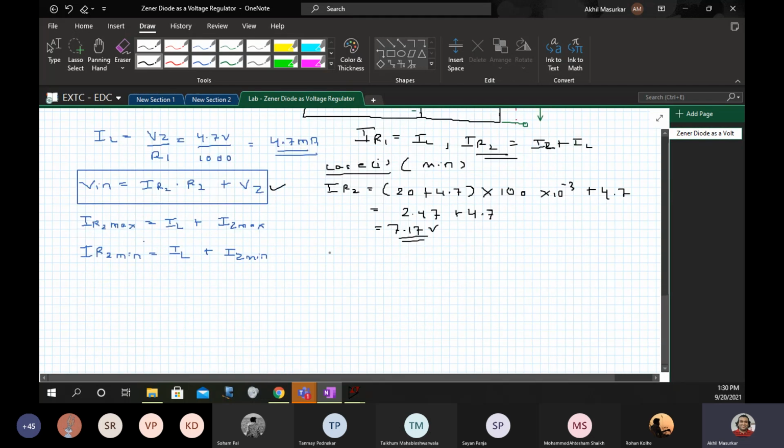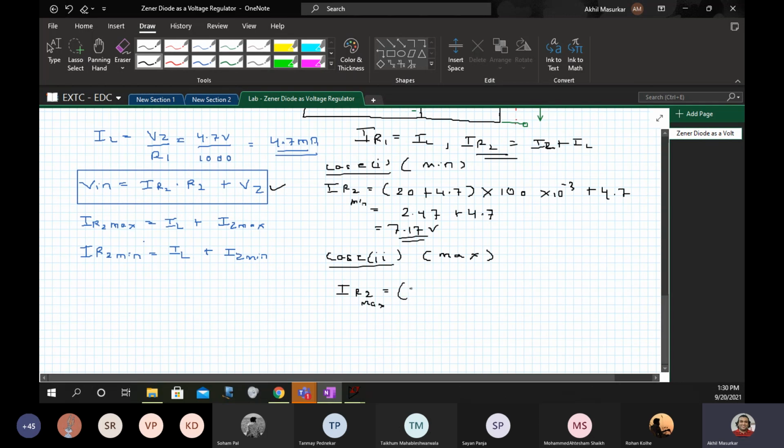So case 2, which is the max condition. All maximum currents are flowing. So again I will write IR2 min and IR2 max.